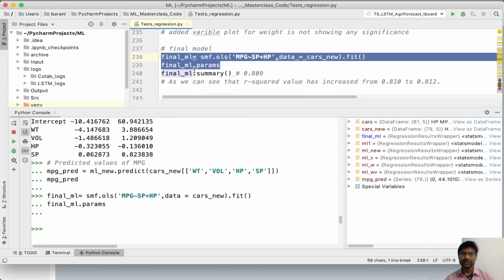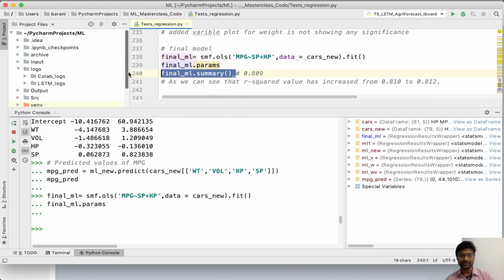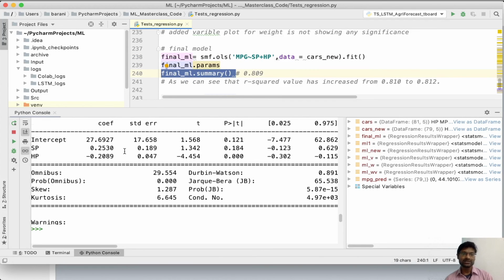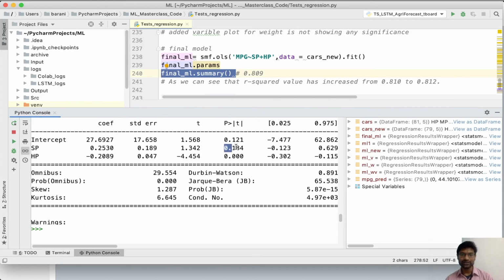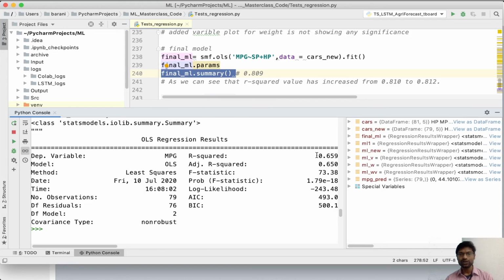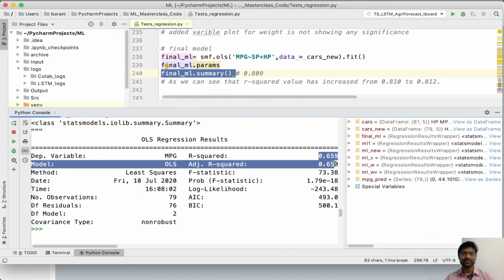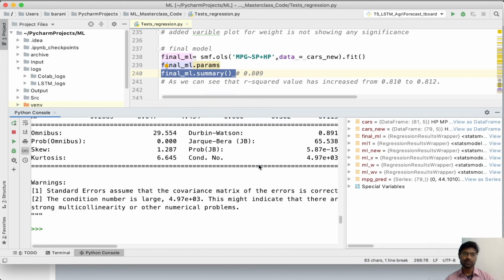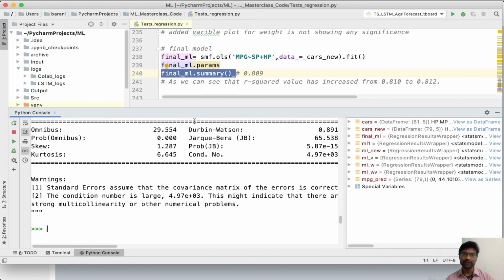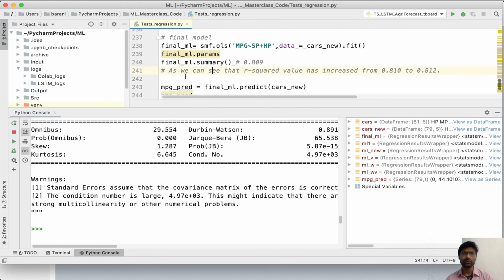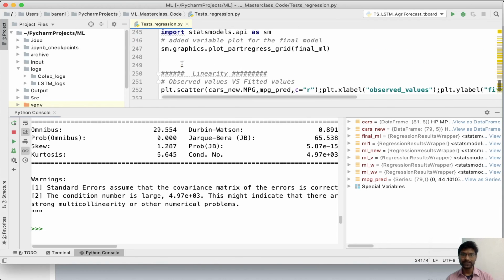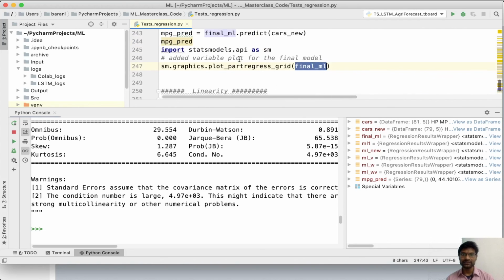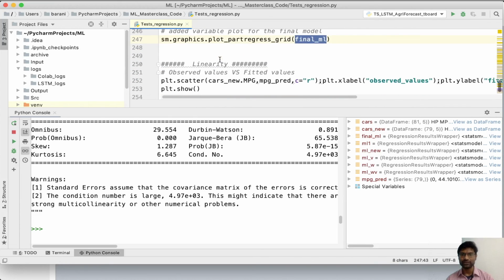So this is the final model I'm going to build and see how it is behaving. Once I build the model, I'm interested in seeing the summary values. In this summary, I'm going to have only speed and horsepower. The p-values are less than 0.05 and my error has also remained conservatively the same. It has come down to 0.65 from 0.67, and this is the model I will make use of going further. So this is the final model which we will carry forward and then go with our prediction. This final ML is the model that I am going to make use of.